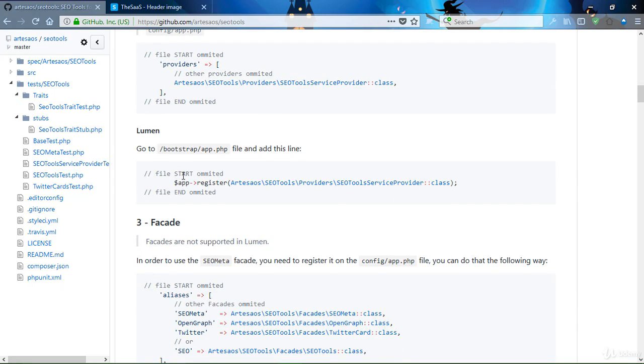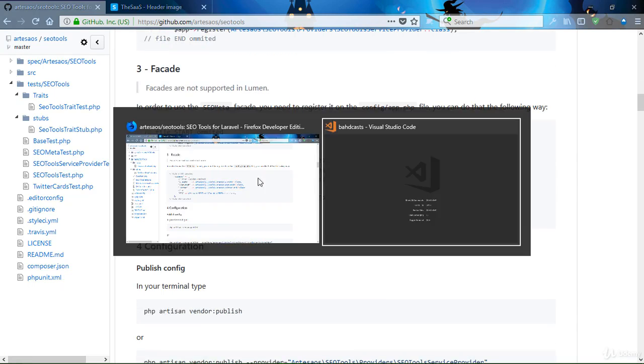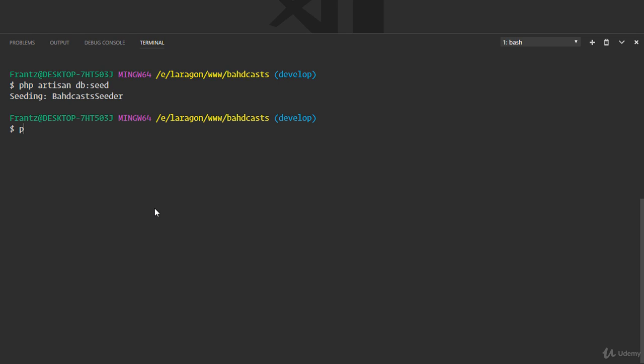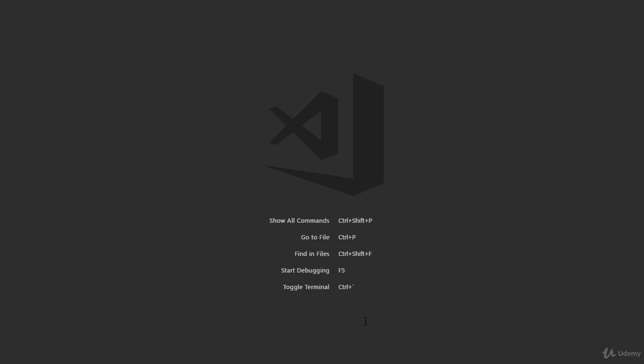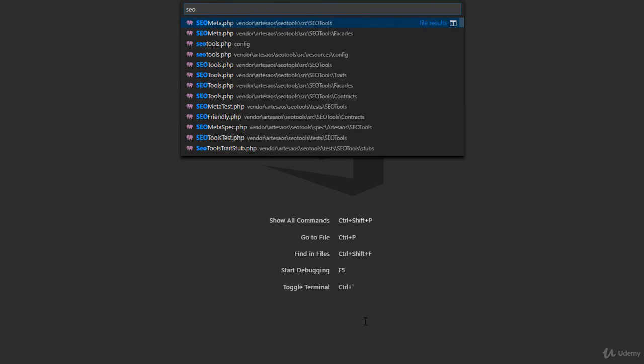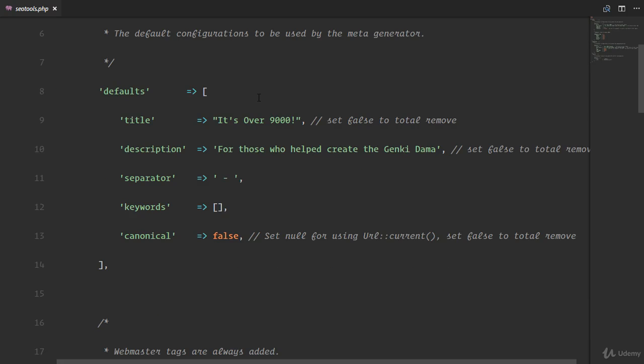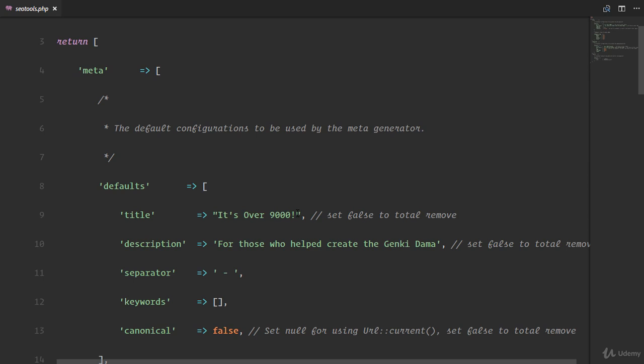Okay, so once you do that, the next thing is to publish the package. So php artisan vendor:publish, which is simply going to copy the configuration for this package into our config directory, and automatically this package is auto discovered. So if you want to publish this one right here, you're just going to select number 6, and that copied it. So if we head over to seotools.php, we have the configurations right here that we can set by